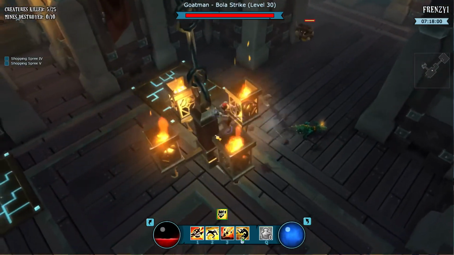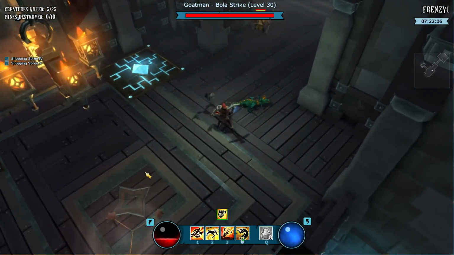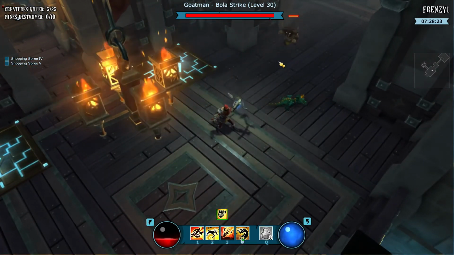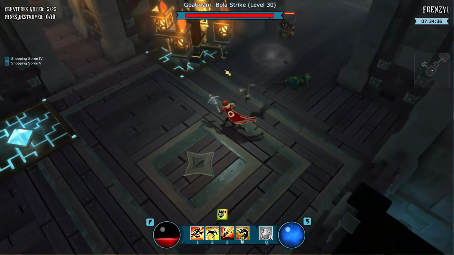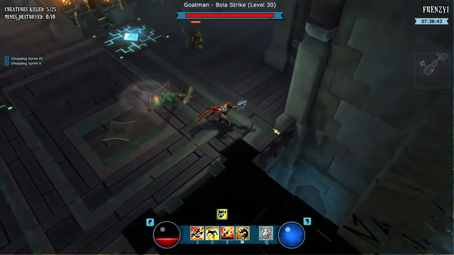His hitbox as well is a little bit funky, where if you just sidestep it slightly, even though it kind of touches your character because it's such a large area, the hitbox is actually really just in the center of that Bola Strike, which kind of makes sense. At first I thought this guy was really amazing because of the enormous projectile. I thought his hitbox was going to be a lot larger than the Hungerbot,